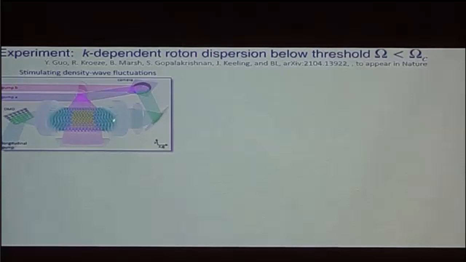So here's that cartoon I showed you at the beginning, and now you can understand some of the pieces of it. This is the atoms. These are the two pump fields that are combined into this pink light that transversely pumps the system and is retroreflected. That populates the cavity as the green light here, back and forth. And now what we're going to do is use a digital mirror device to structure some light